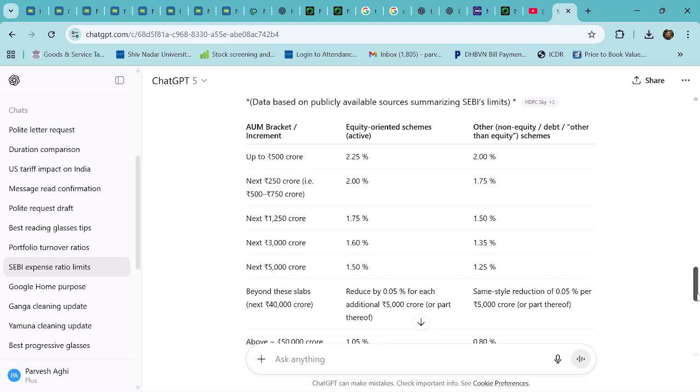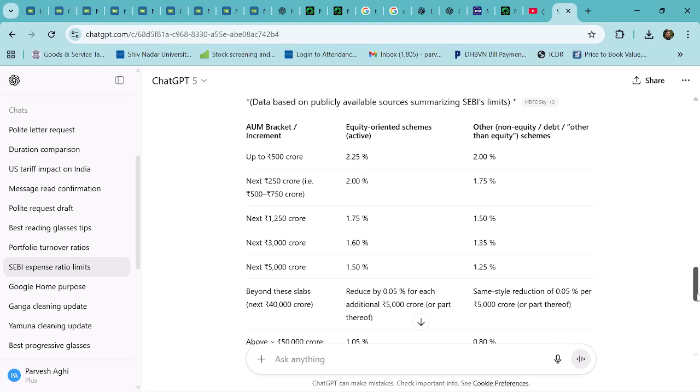So if your AUM bracket is between 0 to 500 crores, the maximum under equity a fund is authorized to charge is 2.25%, including the trail commission. If you buy from an agent, he is also going to get around 1% or 0.9% or 0.75%, whatever may be his commission. So altogether, total expenses which can be claimed by the mutual fund scheme have to be within 2.25. Okay. So this will be under the regular plan. Under the direct plan, it will fall further. But there is a cap for the overall.